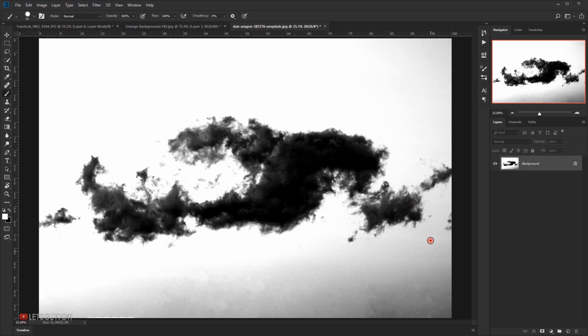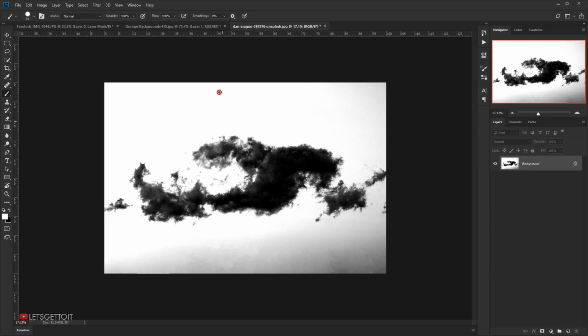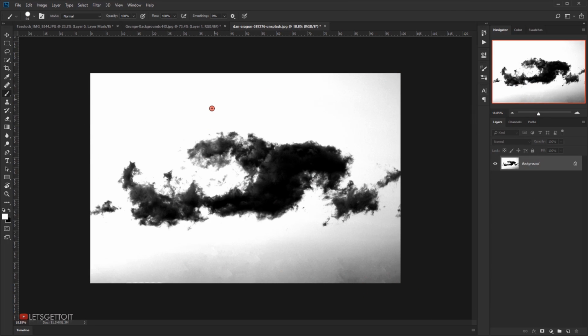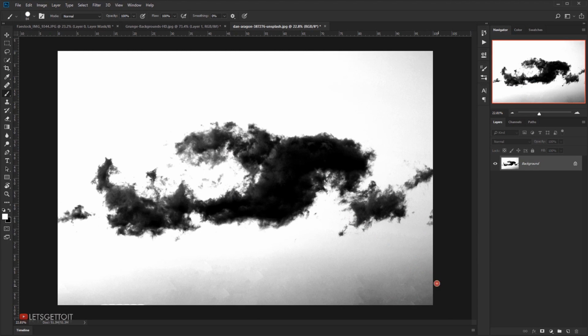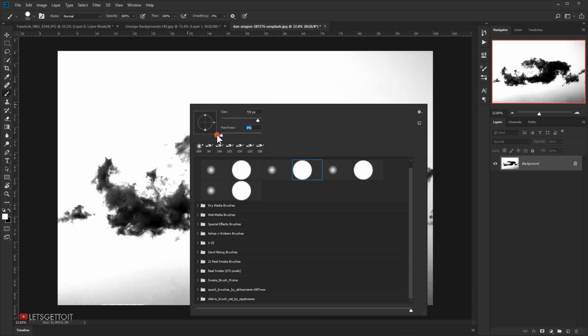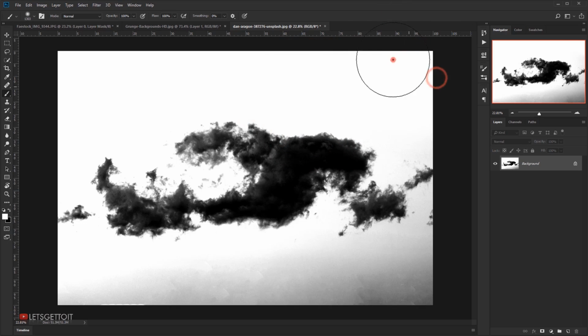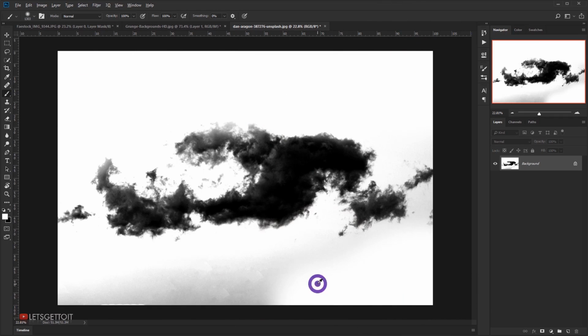Yeah, I think it will be okay. Alright, now we need to get rid of this gray that we have in the borders in here, because if we save it like this, we will see this border in our brush, and we only want this cloud. So to do that, I will use a regular brush, and I will use a white color, and I will basically just paint over all these gray borders that we have in here. But first I will right click, and I will choose 0% hardness, and I will start painting using a white color, just like that,